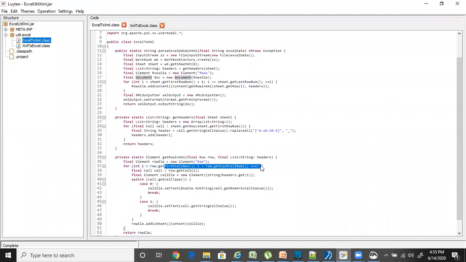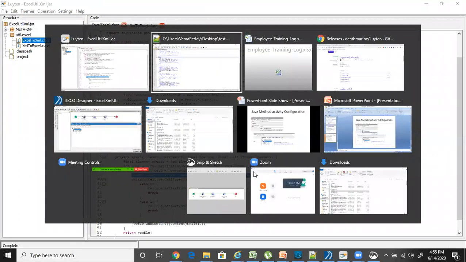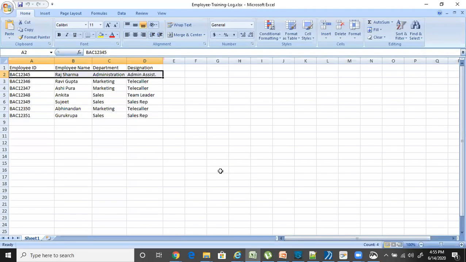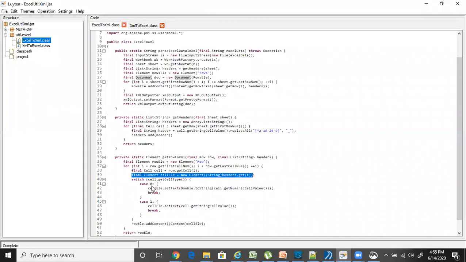Whatever the number of cells present, I'm looping all the cells, and for every cell, based on the cell index, I'm getting the column name. The first column name will be employee ID here. With this employee ID, I'm extracting the value based on cell type, whether it's a string or number. After that, I'm setting an element value here.